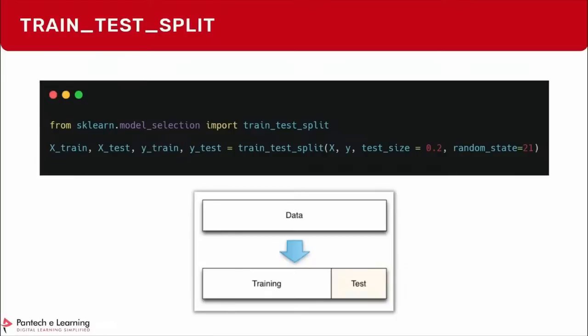In exams, they will be giving you questions only, not the answers. Now you understand, X train is your question for learning and y train is the answer for your learning questions, these two. Now you have question, you have answer, you will be giving these two alone to your algorithm. I'll show you how we will be doing it. X train and y train alone, the training question and answers, or the features and target, will be given to